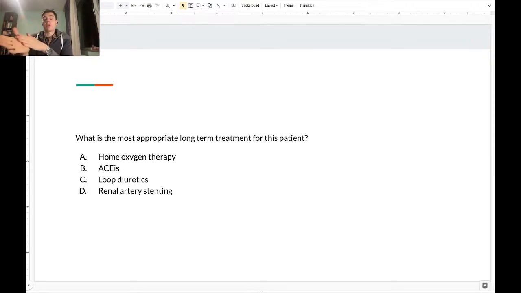Do we give him home oxygen therapy? Do we give him ACE inhibitors? Do we give him loop diuretics? Or do we give him renal artery stenting? We stent actually his renal arteries. In discussing the right answers and the wrong ones, ACE inhibitors will decrease the perfusion, which is already low,